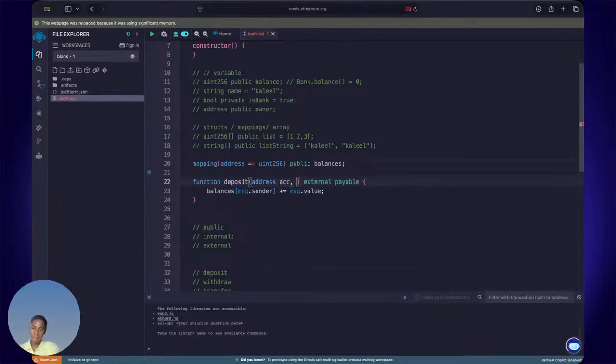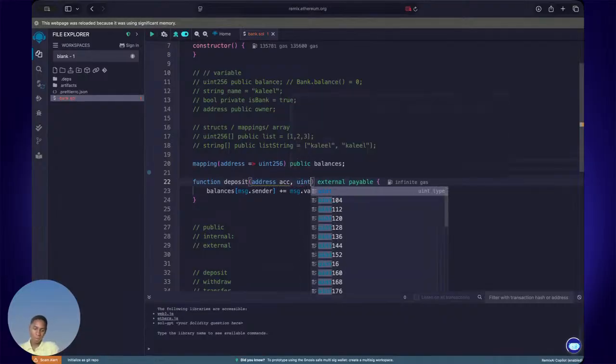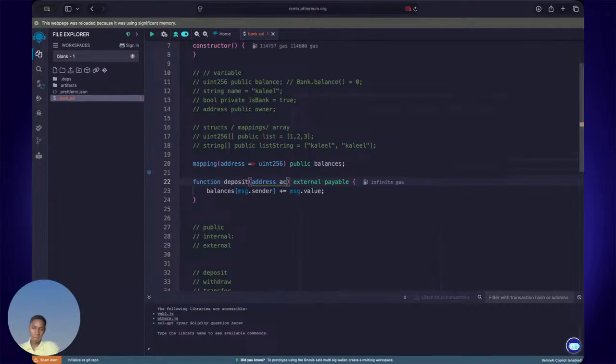So we just use address account, and then we are going to use the message.value over here. However, we are going to change this to the account that the person will be depositing to. So how to call this function is deposit, and then you put in the address of the person you are depositing to. And yes, this is a payable function.